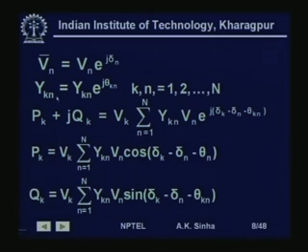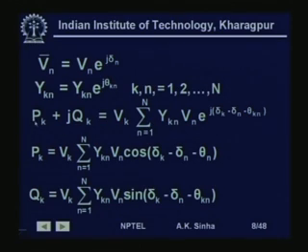Y k n is a complex quantity, so again in phasor form it can be written as y k n e to the power j theta k n, where k and n are from 1 to N. Now, in these terms, if we want to write this in terms of phase angles and magnitudes for the voltage and the admittances,